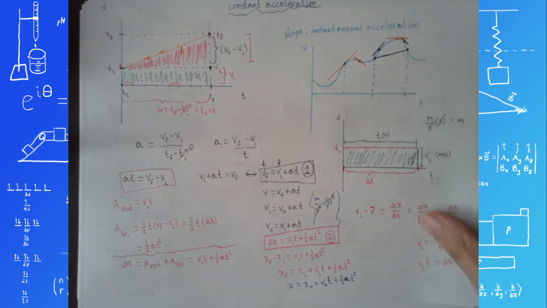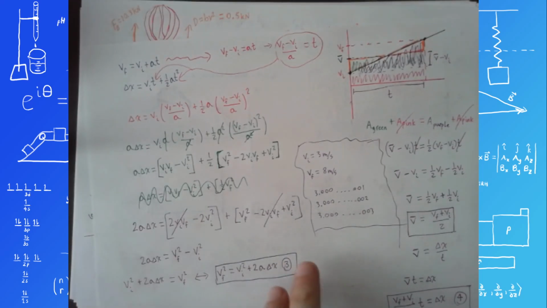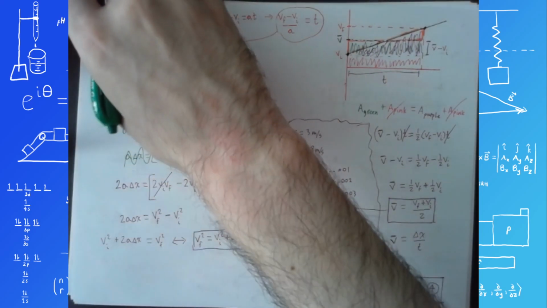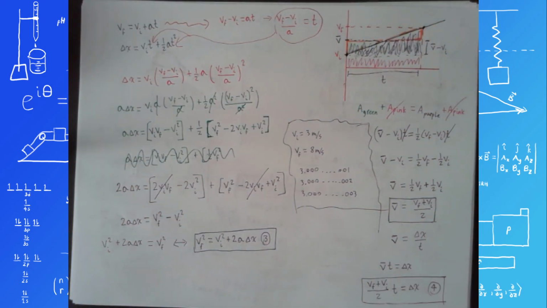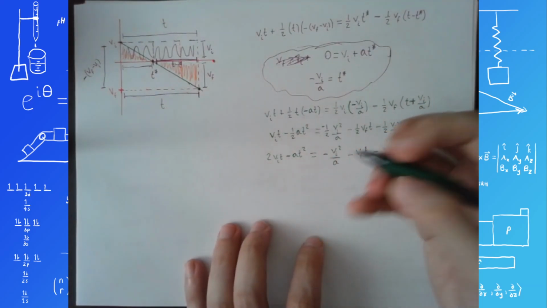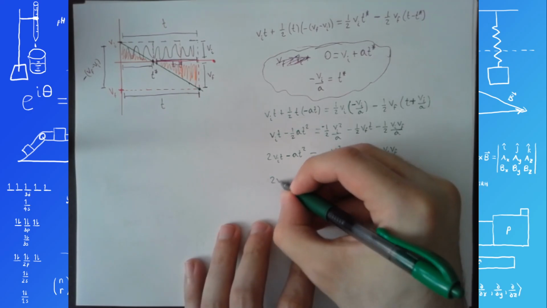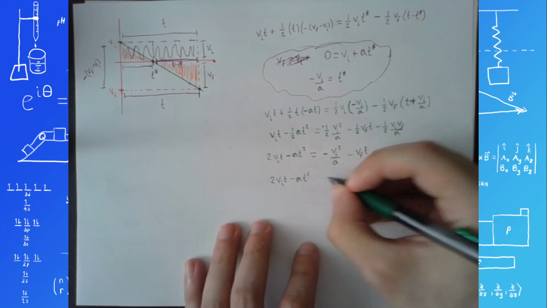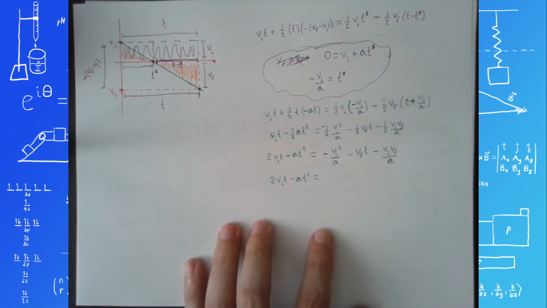I had it here somewhere. I think it was back when I was, yeah, t is equal to v final minus v initial over a. So if I simply replace t with v final minus v initial over a, I think I might be able to get something here. 2 v initial t minus a t squared equals